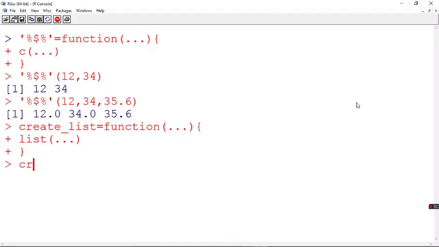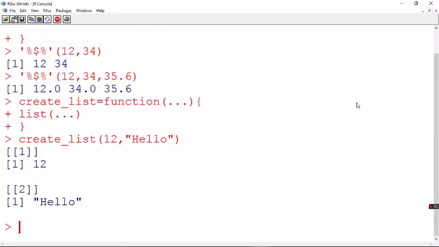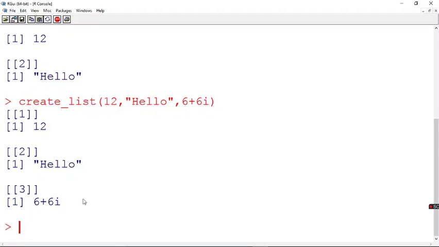Now let us create. I say create underscore list, and I give arguments maybe 12 comma hello, because it is a list. You can have however many you want. See, a list is created with 2 values alone. Suppose I include one more, and I say 6 plus 6i. Yes, fine. See, I've got it.